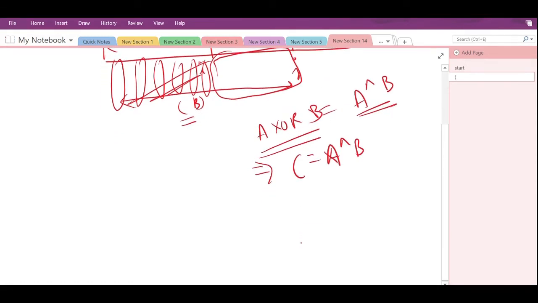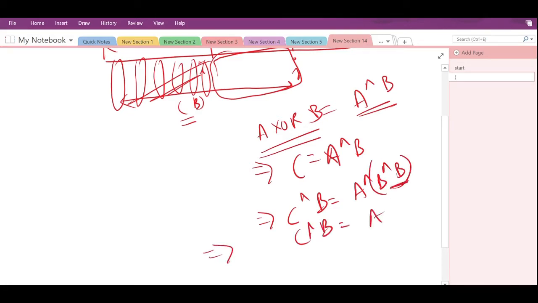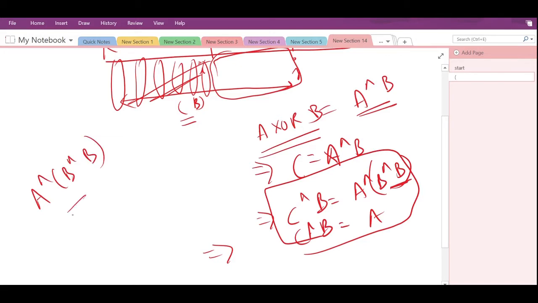Am I right or not? Yeah. So now I will say, just XOR b on both sides. It is associative. So I'll say c XOR b is equal to a, because a XOR b XOR b will be a.